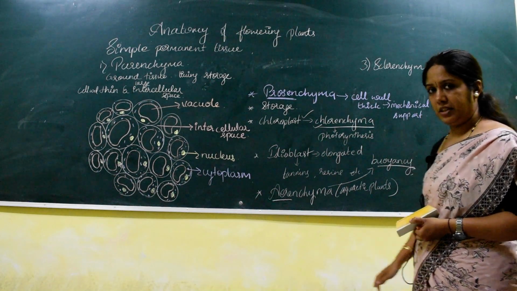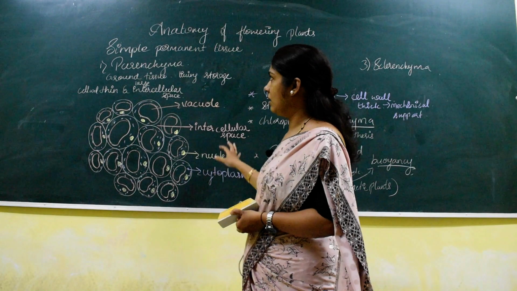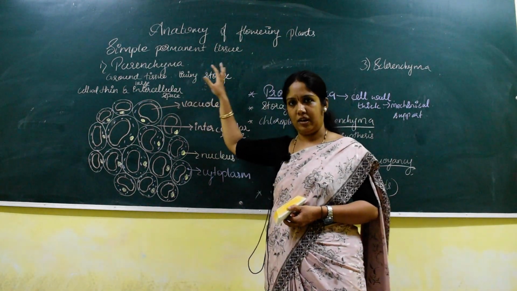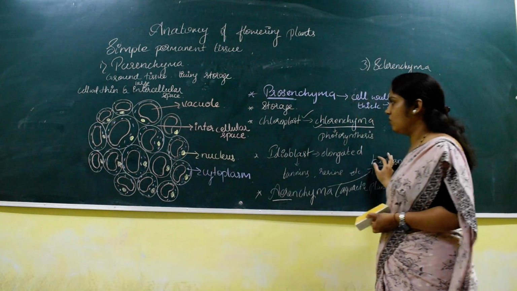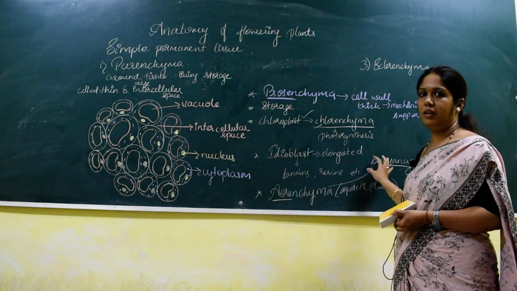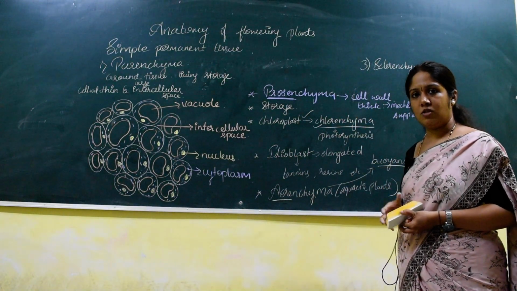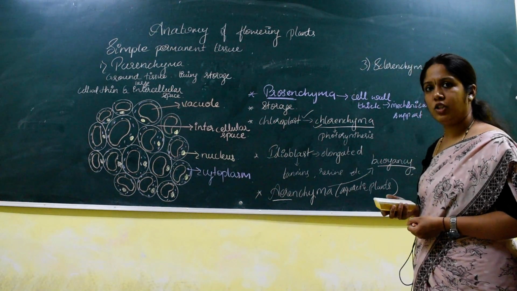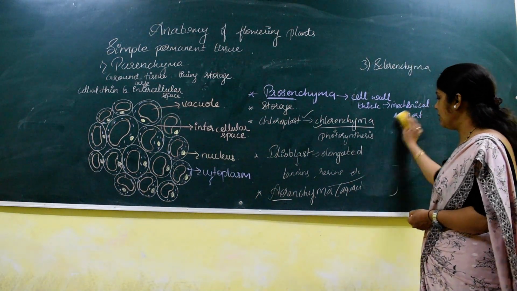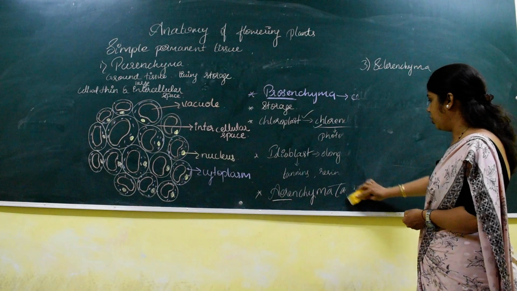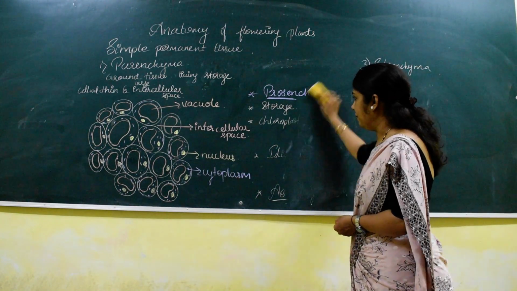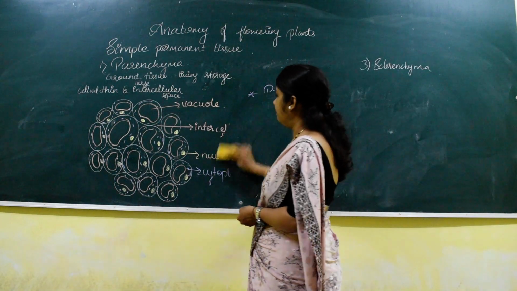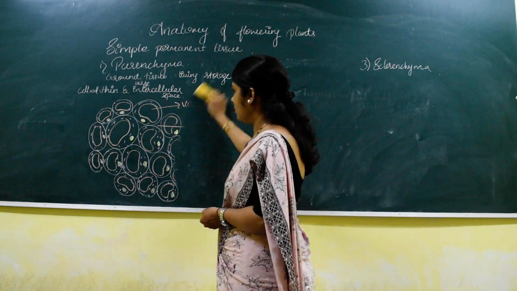So in the examination, they may ask the general characteristic features of parenchyma with a diagram, or they may ask for 2 marks, what are the functions of the parenchyma tissue, or for 1 mark they may ask to name the living storage tissue or name the living simple permanent tissue. The simple living permanent tissue is parenchyma. So that is about the parenchyma. So next one is